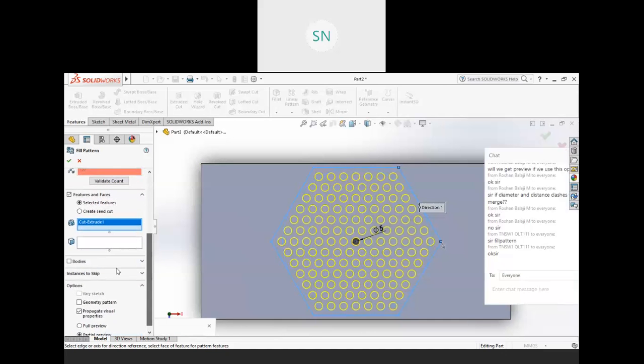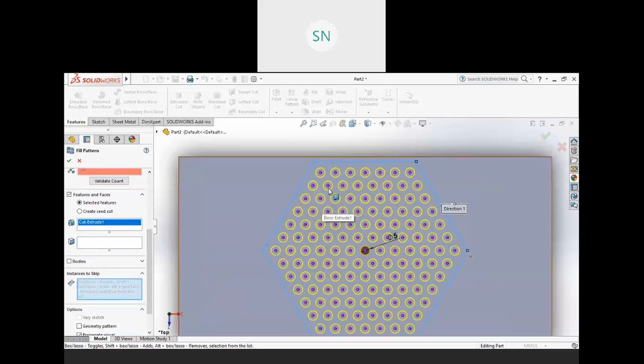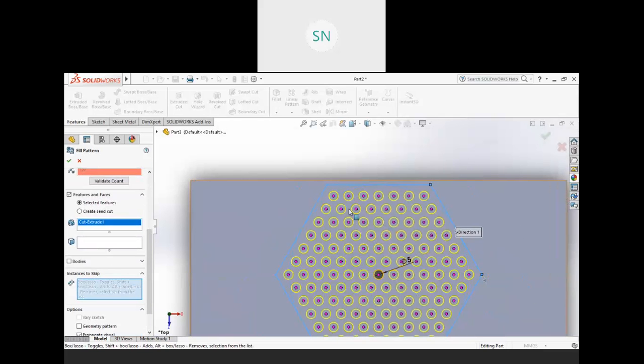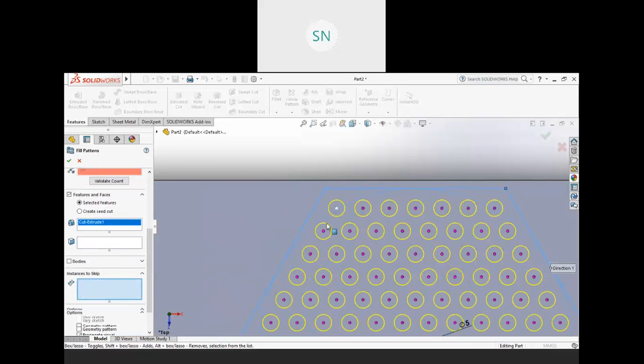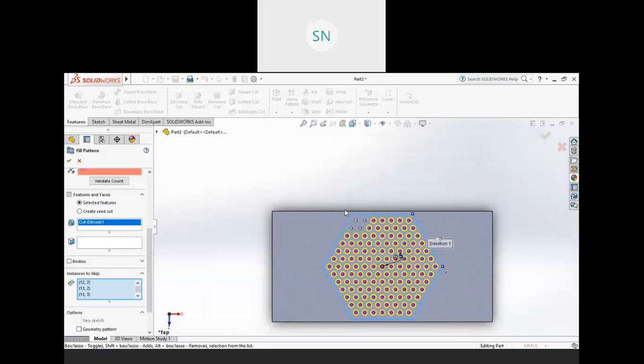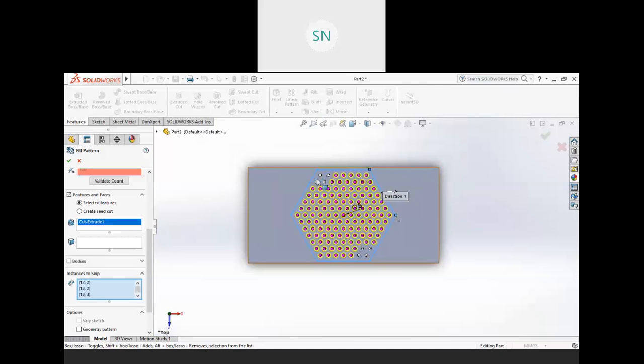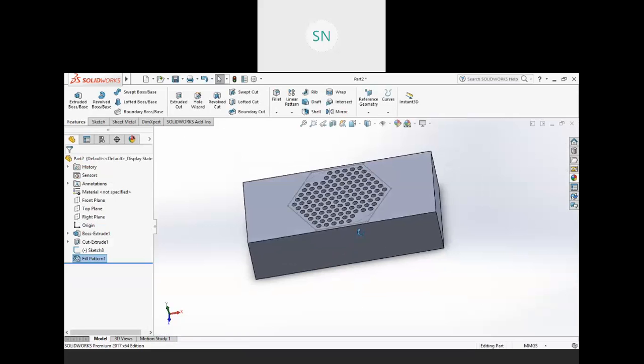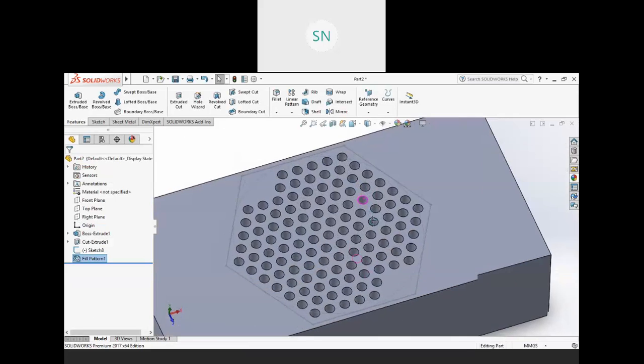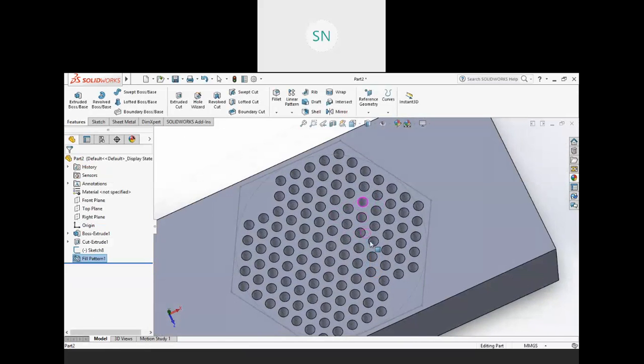And also we have the instance keep option. So for example, this is our drainage line disc, and I want to place some fastener over here. So some screw I want to place over here and over here. So for that reason I remove those copies, so I can use that area for my fixtures, right? And hit OK, and you will get this pattern. So that's why this pattern is known as fill pattern.